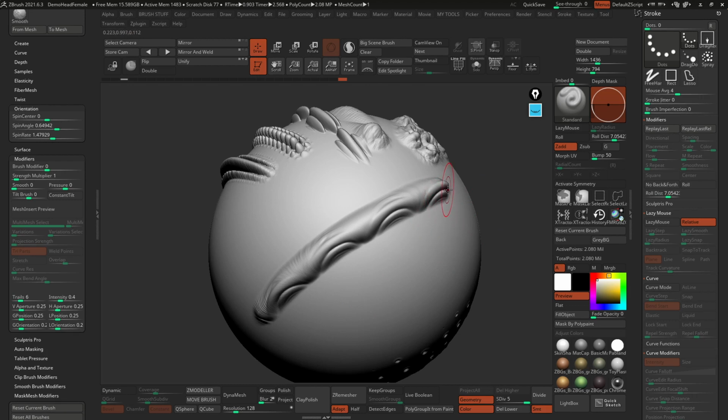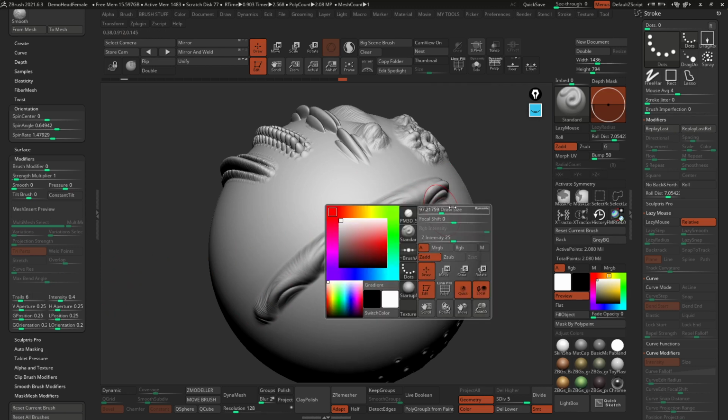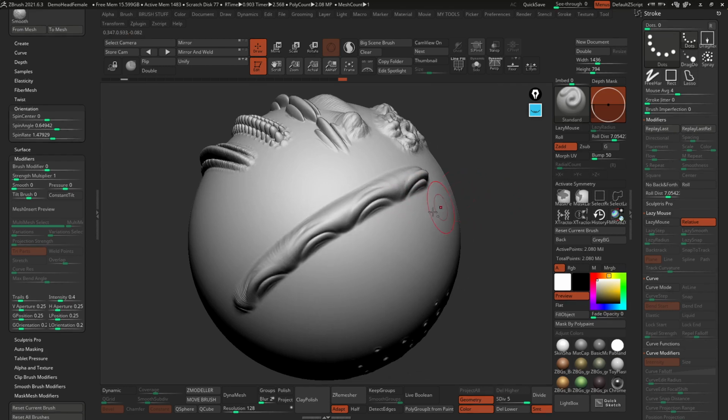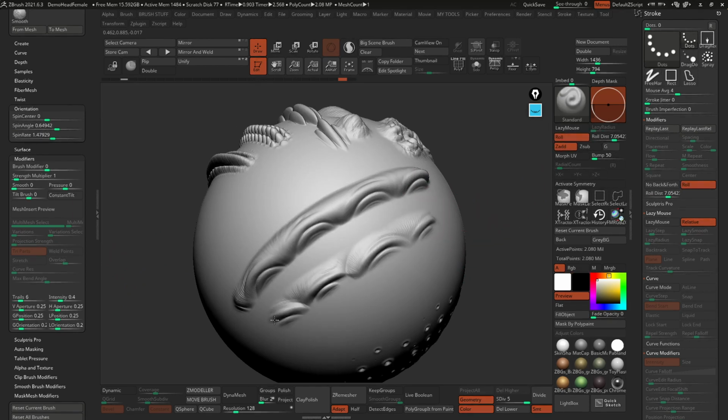That is because as I draw one stroke, ZBrush is actually drawing 6 strokes behind it. It's kind of like duplicating. When you increase the amount of trails, as a rule of thumb, not an exact number, I would say decrease the intensity a little bit, because you're actually adding 6 strokes in one. And again, we can turn on the roll distance.